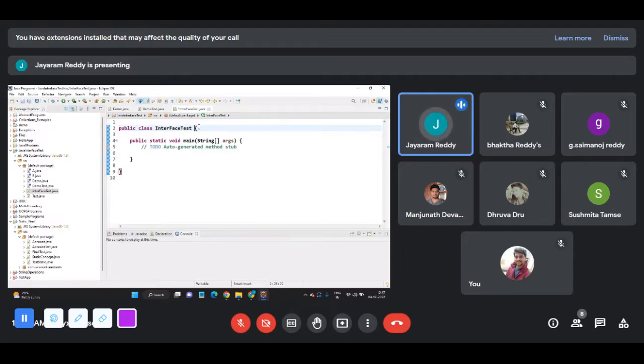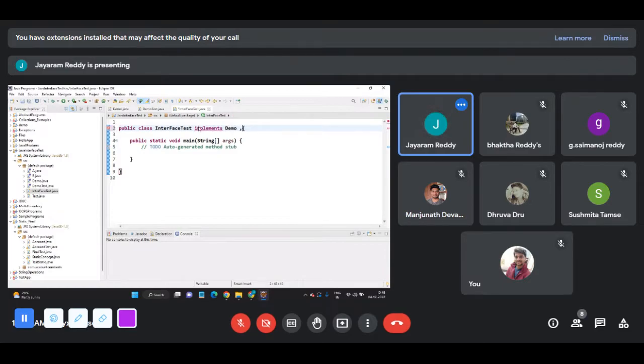If we are using the inheritance concept, we use the extends keyword. For interface level, we use implements. Implements Demo,